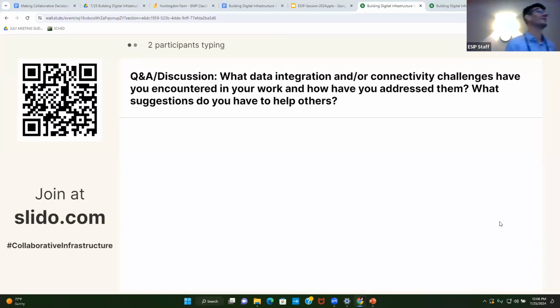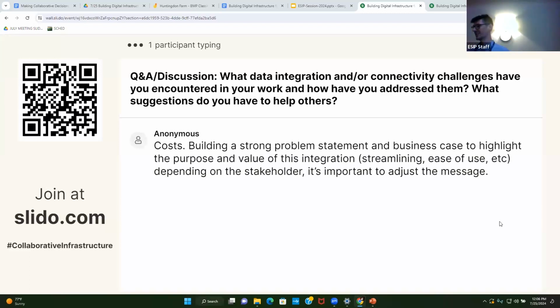I was just curious, with Pipedream, it looks like you're using a lot of OAuth and APIs. When you're using that software, are there limitations, like costs associated with using those APIs? I'll let Brendan grab that one. It's a good question.